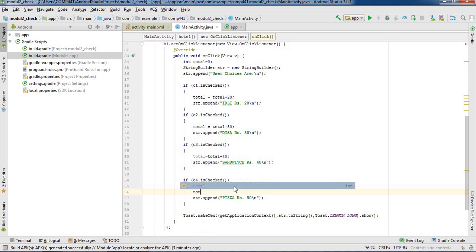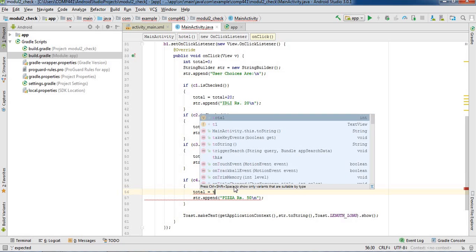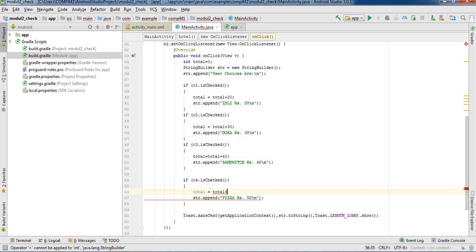And here total equals total plus 50. So when the user clicks on idli, the total was 0 and now the total is 20. When the user clicks on pizza directly, the total price is updated as 20 plus 50, which is going to be 70.